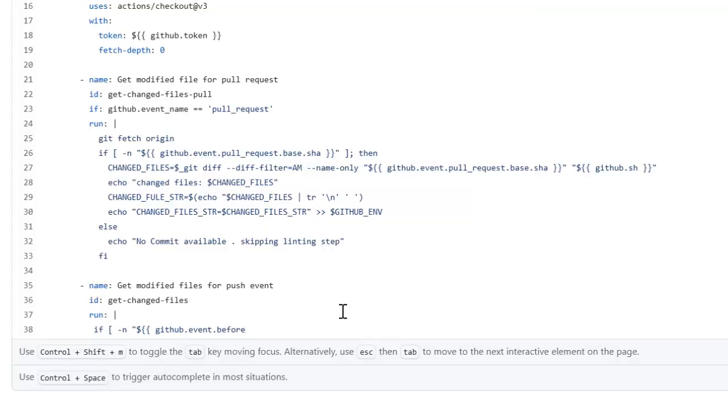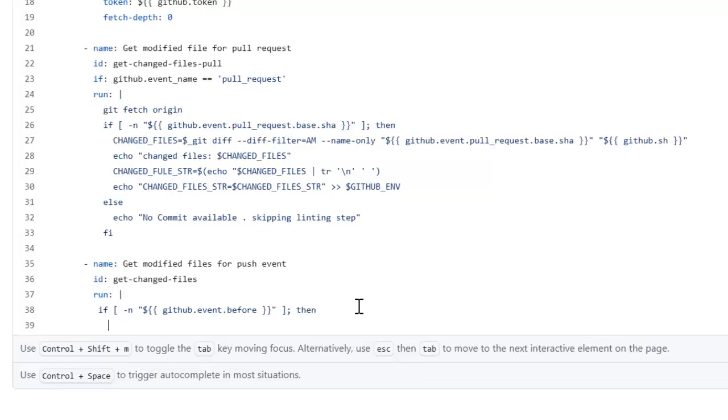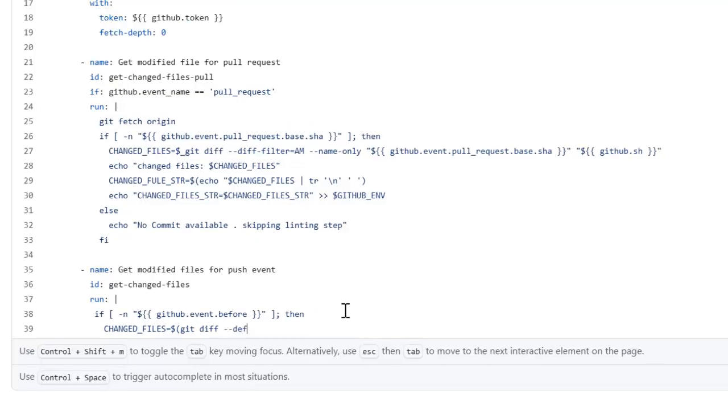So it will check the last commit, curly braces close and square bracket, and then we need to use the changed file variable again here, and then specify the git diff command with the same options, diff-filter equal to AM, and here as well I am going to specify the name-only, and again we are going to specify the same thing, github.event.before and github.sha,